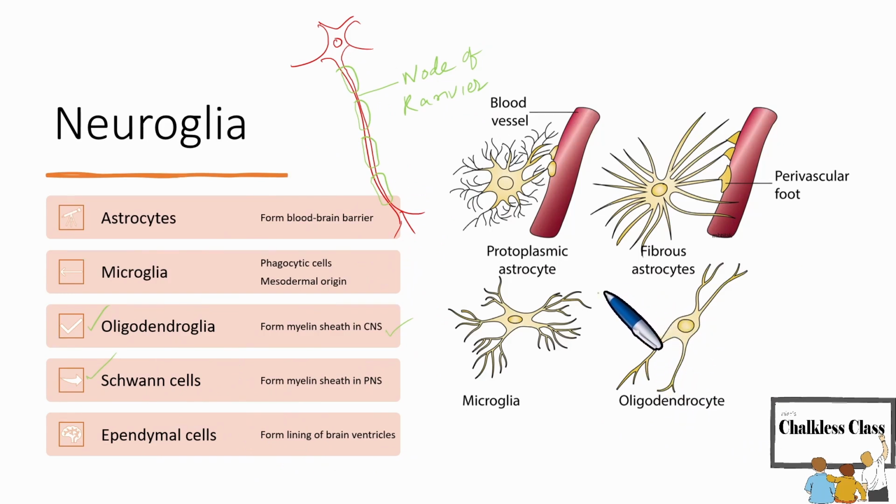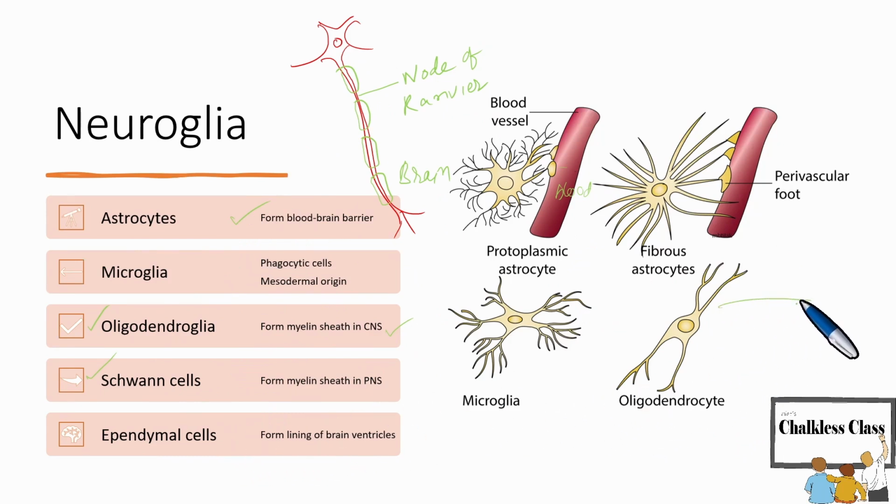astrocytes. These are the astrocytes. Two types of astrocytes are shown: protoplasmic astrocytes and fibrous astrocytes, whatever they may be. These act as a barrier between the blood and the brain. Assume that this is the brain and this is the blood. So between the blood and the brain, they are forming one wall. So infections cannot reach the brain. That is the role of the astrocytes. They form the blood-brain barrier.